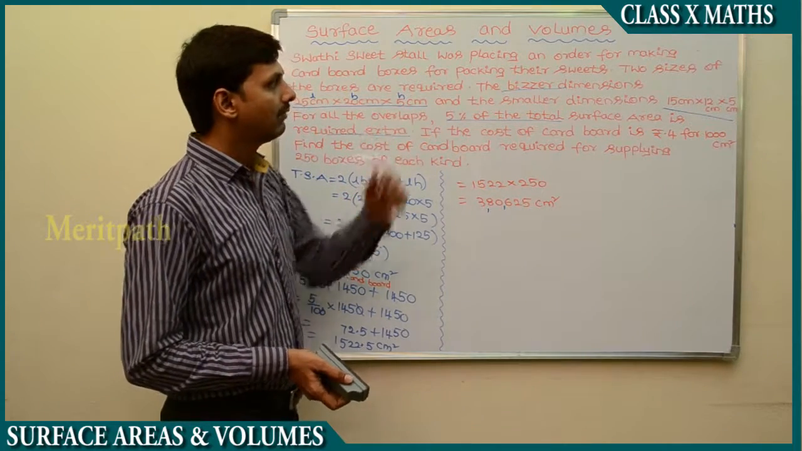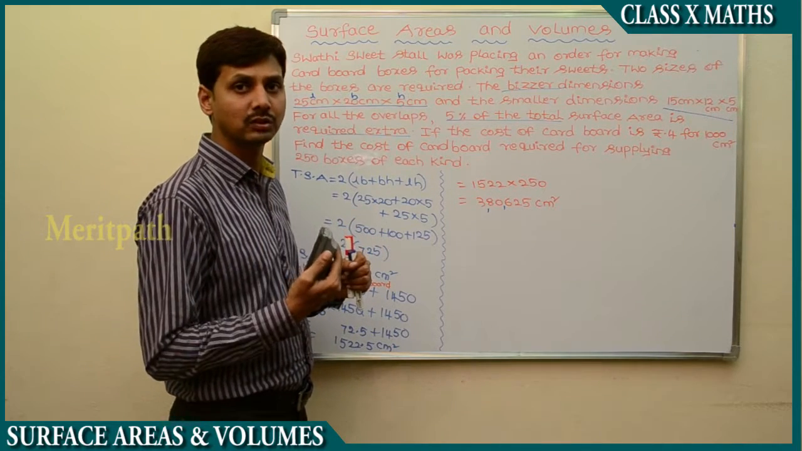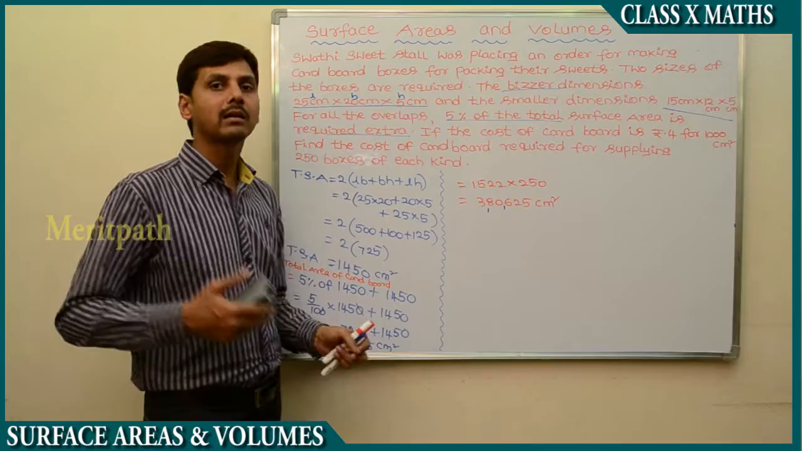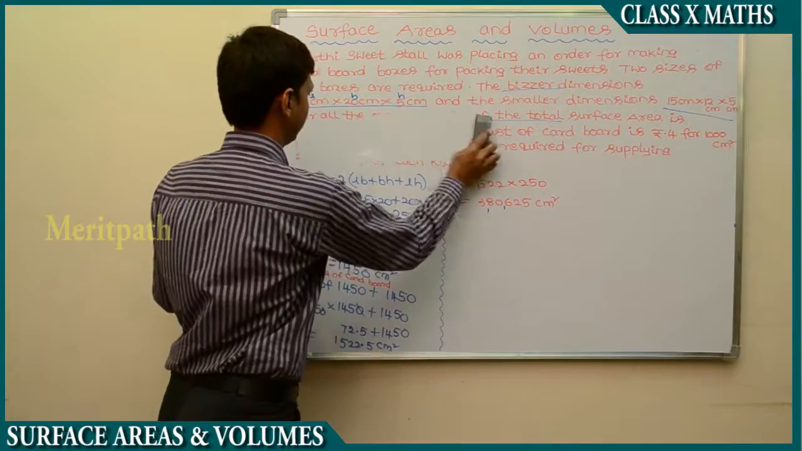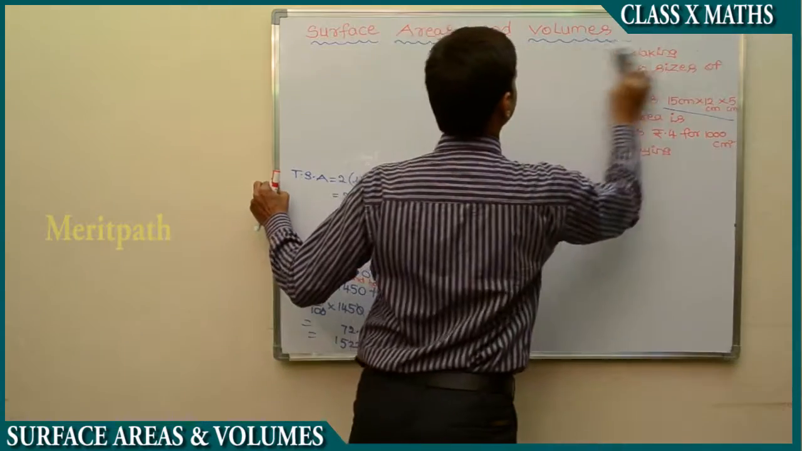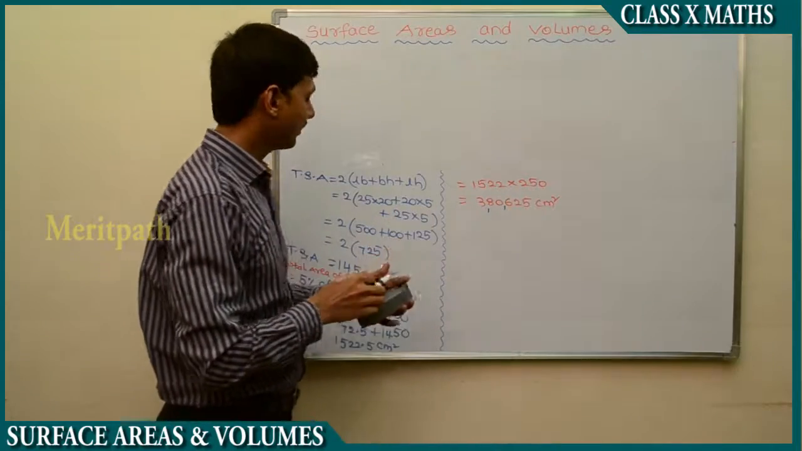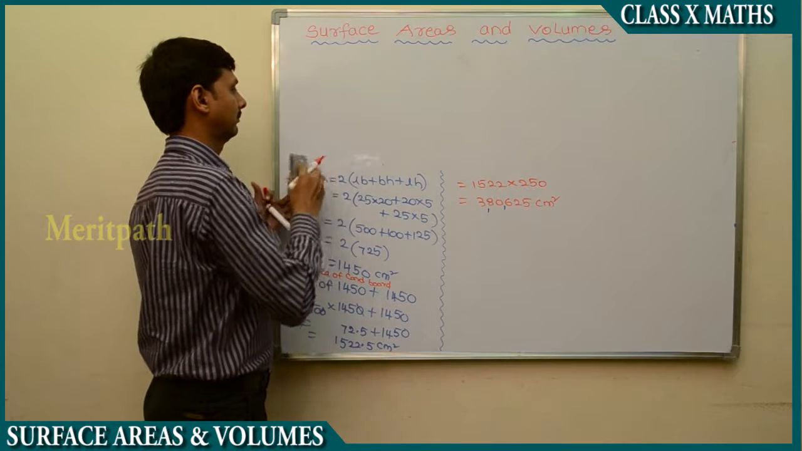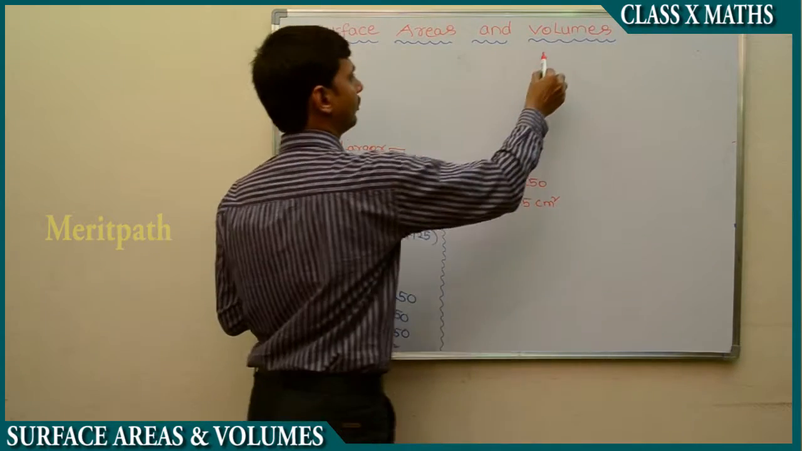Now let's find out for the smaller dimensions, that is the smaller boxes. For smaller boxes, we'll use the formula 2 into (LB plus BH plus LH), take the extra 5% and multiply with 250. We do the same process as we did for the larger boxes. So for the smaller boxes,